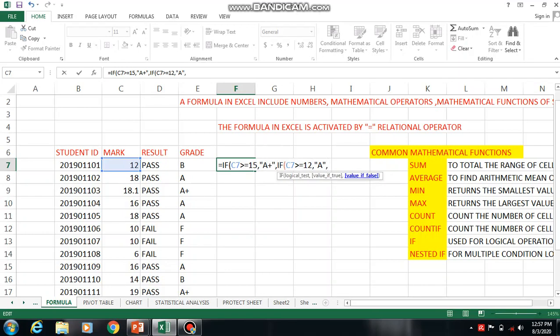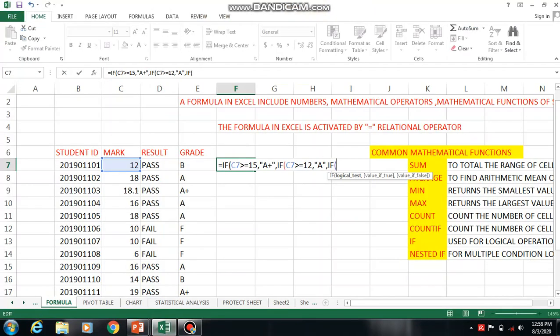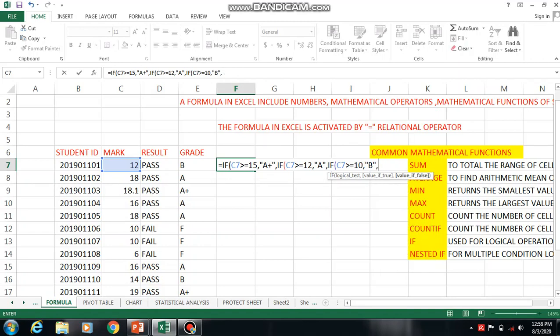A, and in case of false, you check another if. The second condition is greater than or equal to 10, so we give: mark is more than or equal to 10, then you give B. And in case of false condition, you give F, that is fail.